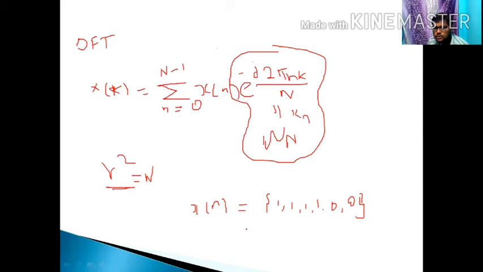Totally 6 points are there. So what is the formula? N equals 2 to the power of m. It can be either N greater than or equal to 2 to the power of m, or N less than or equal to 2 to the power of m. Suppose I put m equal to 2. Then our formula becomes N greater than or equal to 2 to the power of m. This is for m equal to 2.